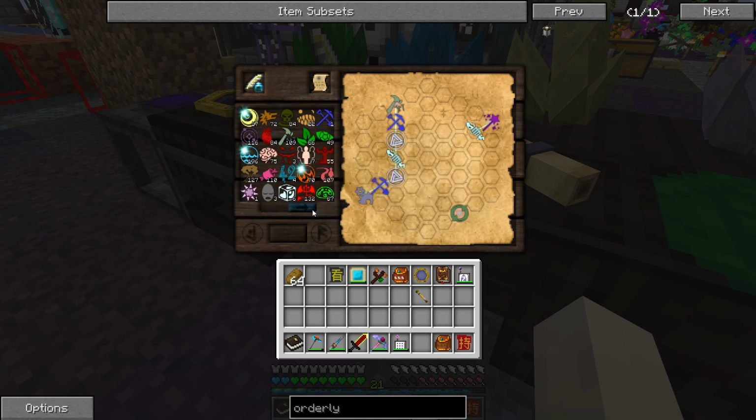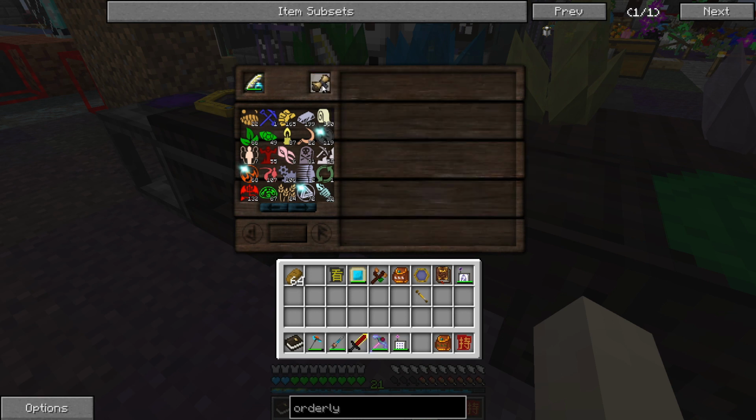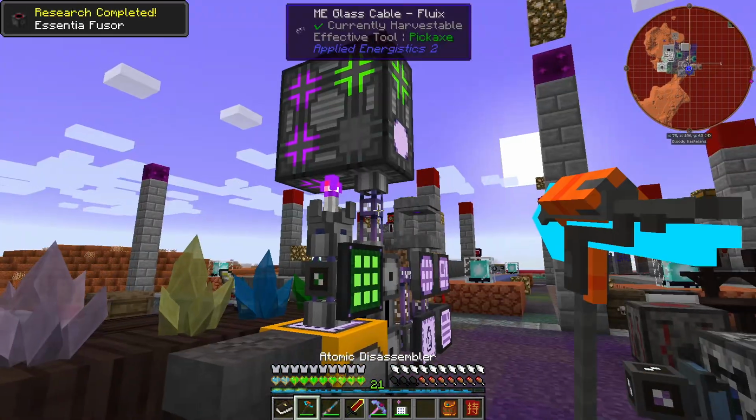So like I was saying, Potentia right here. No. Potentia right here, because this is going to be Ordo. And now, because I have Potentia, I can go with Ignis. And Potentia right here, and Potentia right here, and voila. Essentia Fuser. Okay, so now that we've done that,